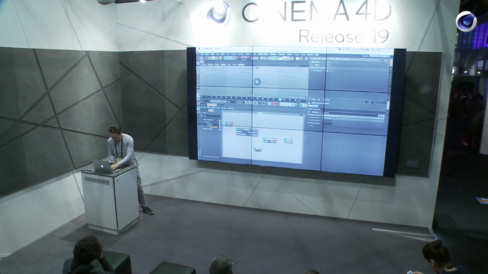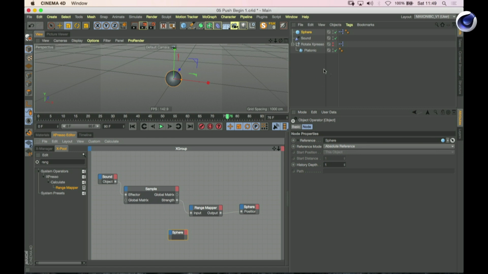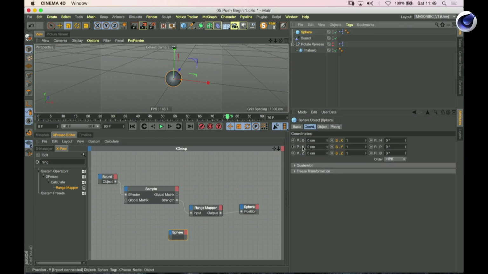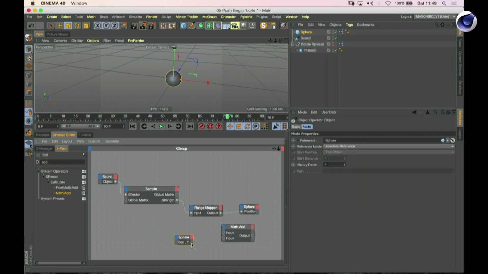So I'm just going to grab my sphere in, and what are we using? We are driving our Y position, so I'm just going to grab the Y position again, and create another instance of my sphere. Then I'm just going to get add, and then I'm just going to add its current position to its new position, so I'm just adding the two. And hopefully,